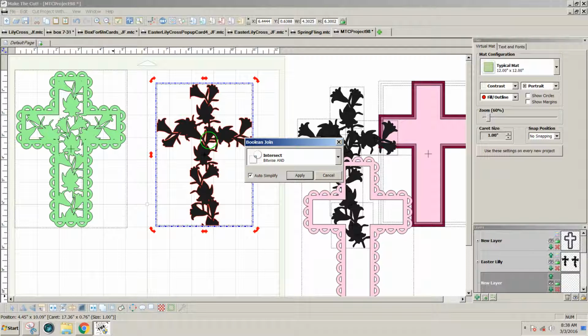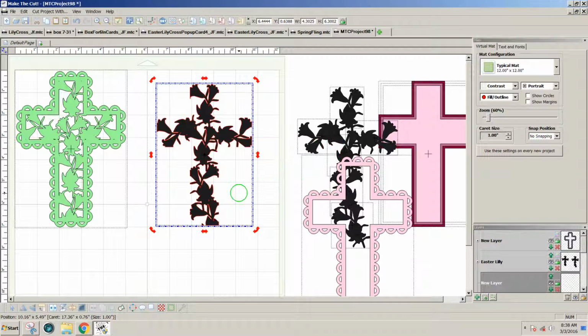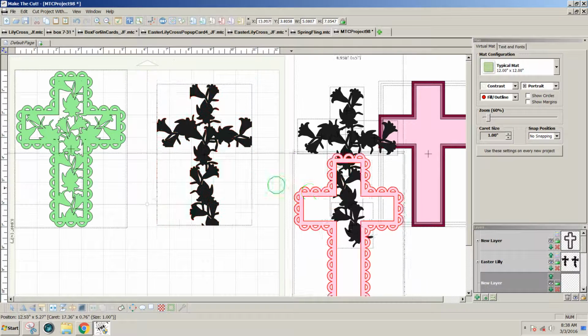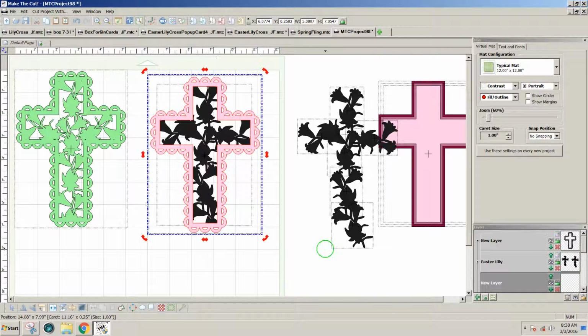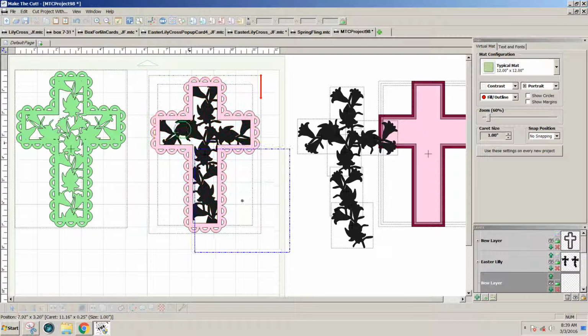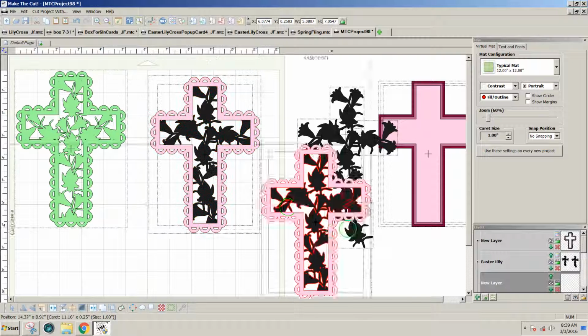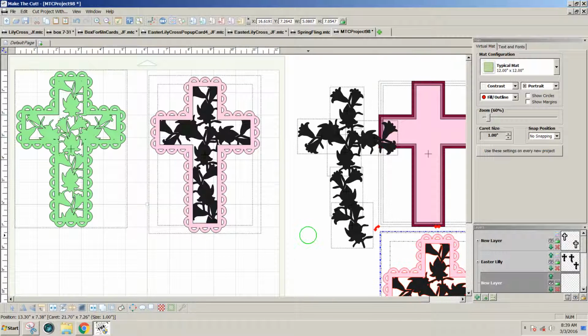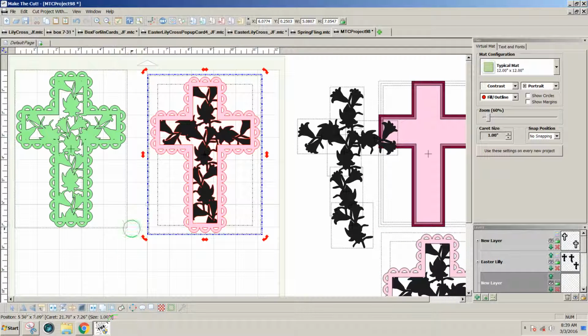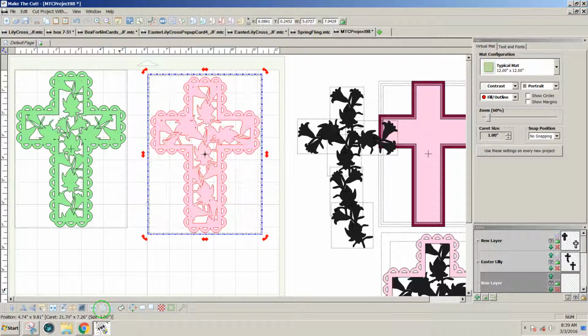What this will do is crop my flower designs in the shape of that and size of the original cross shape. So now that I have that piece, I know that it's going to fit inside of this. If I select them both and type S, they will be centered, and I'll make a copy in case I want to change it later. So now that I have them both selected, I'm going to weld together, and now I have a usable design,